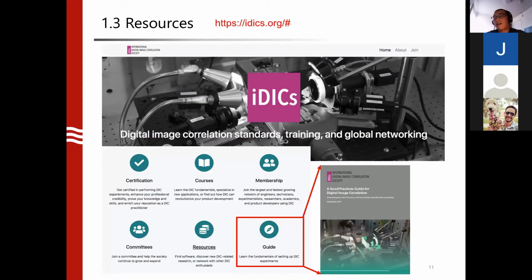Even after today, you can always check this. There's the International Digital Image Correlation Society. There are lots of open source codes and resources there. For example, if you go to this link, I will share these slides after this meeting. In the guide, there's a very nice detailed book that gives you lots of guidance on how to design and conduct your experiments. And in the resources section,